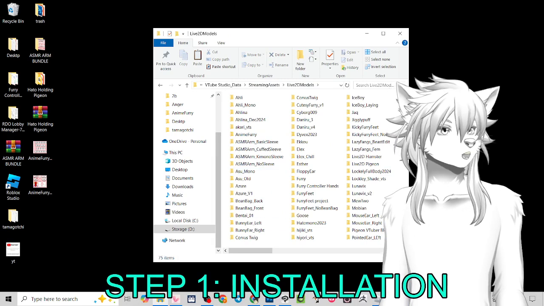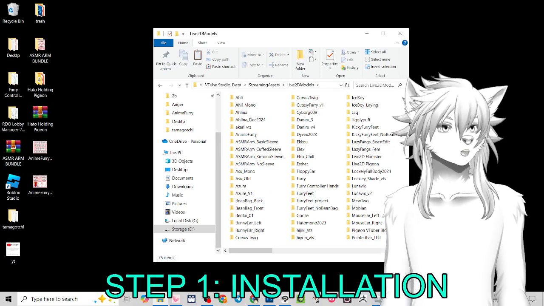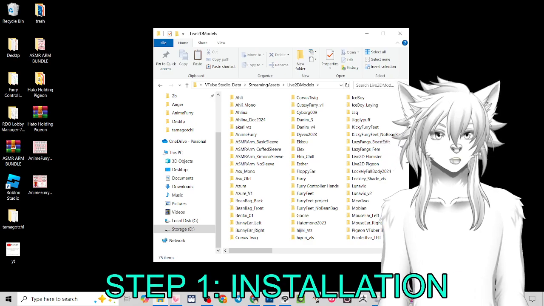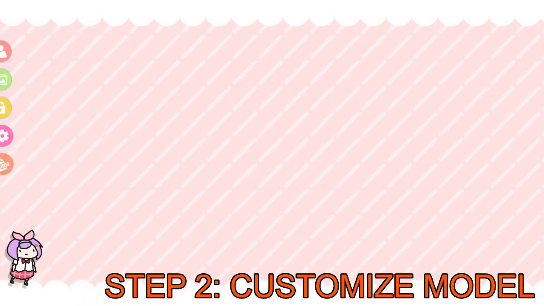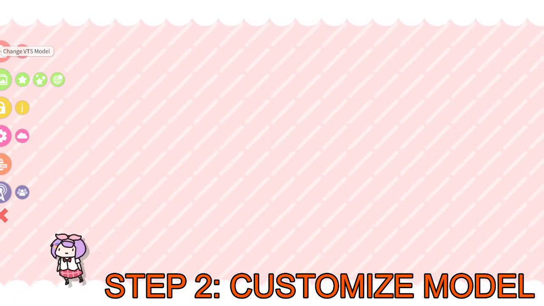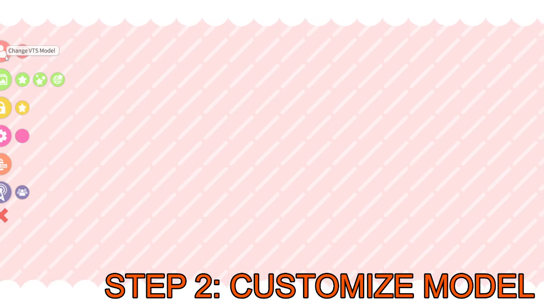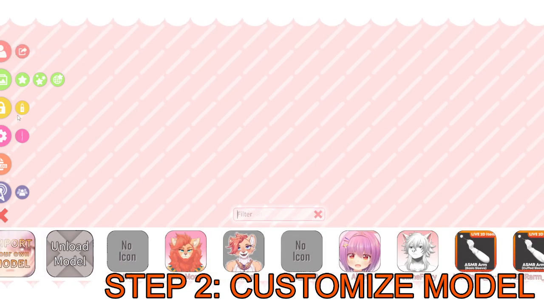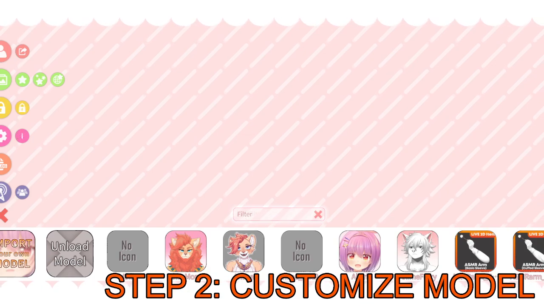From there, you can open VTube Studio and load your model as you normally would. Now that we've opened VTube Studio, we can go ahead and load our model. So we will click the icon here that says Change VTS Model. And if you've properly installed your model, if you're confused on how to do that, you can click Import Your Own Model,